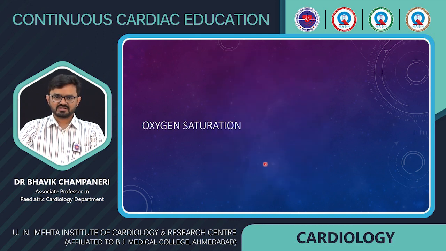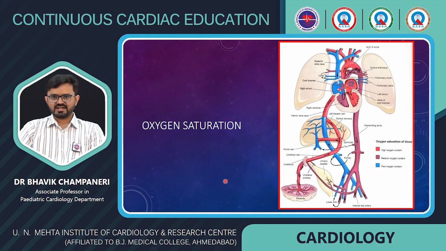So talking about oxygen saturation, this is a diagram showing various oxygen contents in various parts of the fetal body. As you can see, the red colored structures have the highest oxygen saturation, and the blue colored structures have the lowest oxygen saturation. And you can see the left sided heart has the highest oxygen concentration because it has to supply the coronaries